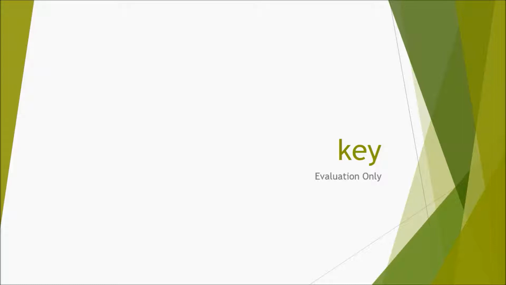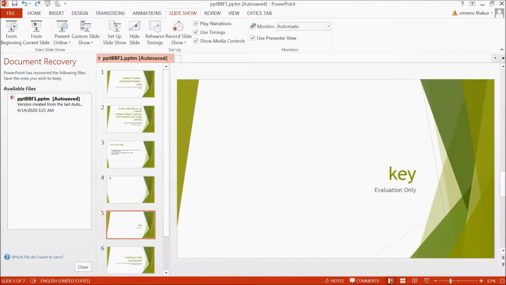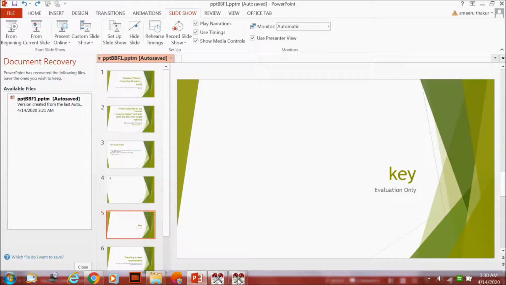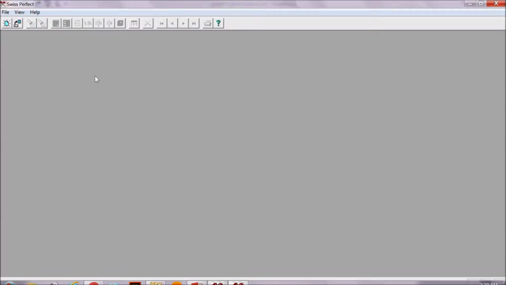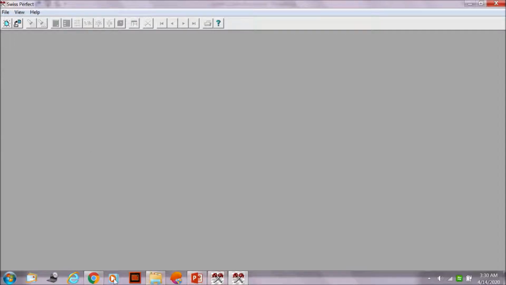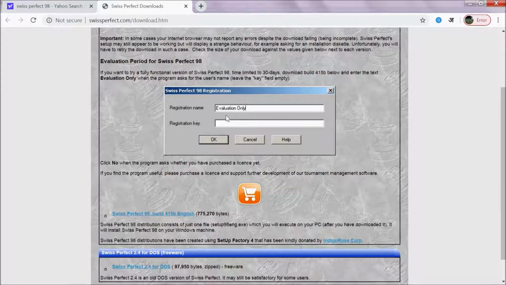Now I will tell you how you will enter the key. For example, whenever you open this software, it will ask you for the key, and for the key, you have to enter evaluation only.